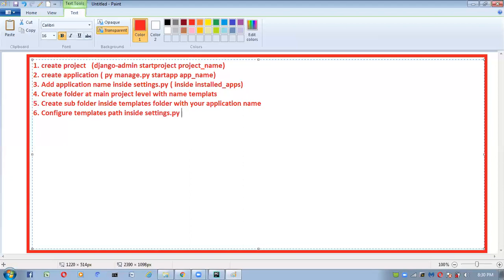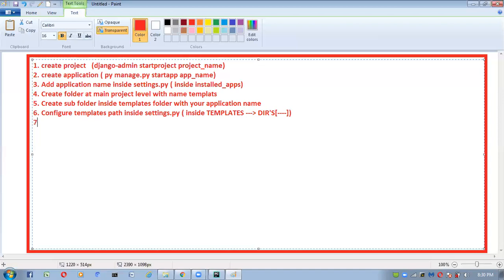Inside the settings.py file we have the TEMPLATES block, and inside it we have DIRS, and here we have to give that path.